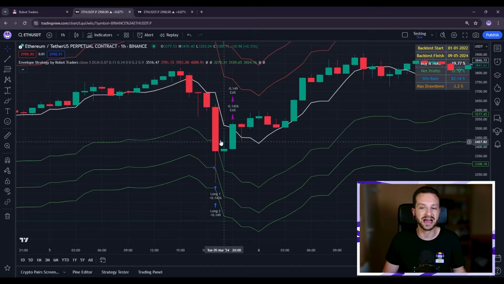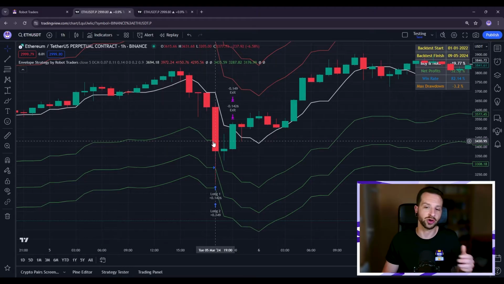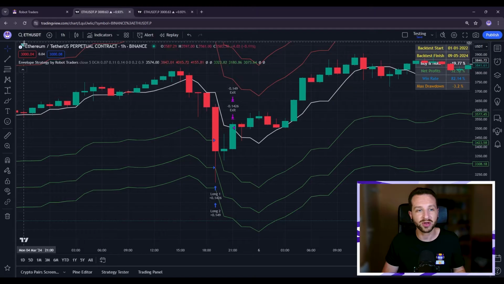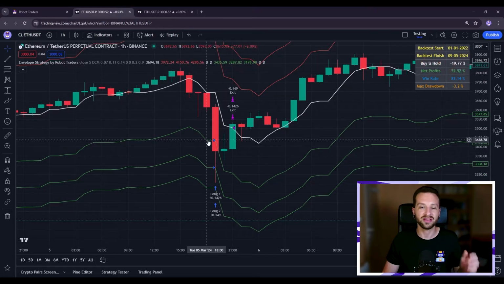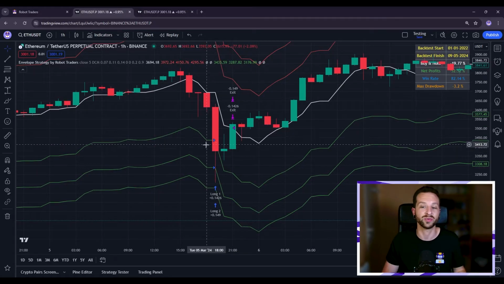Because we have to decide what the position size is when we enter each of these trades, and that's quite simple. It takes the total capital available given to trade this crypto. So here we are using Ethereum as our example. Given that capital, we divide it by the number of envelopes. In other words, we enter with 33% of our portfolio for Ethereum on this trade and another 33% on this